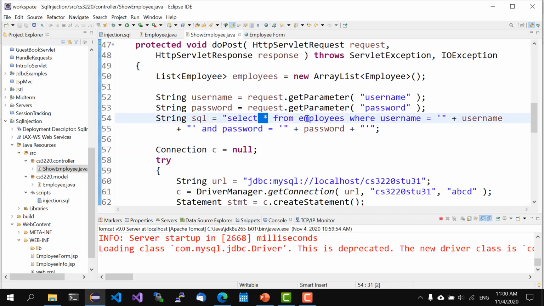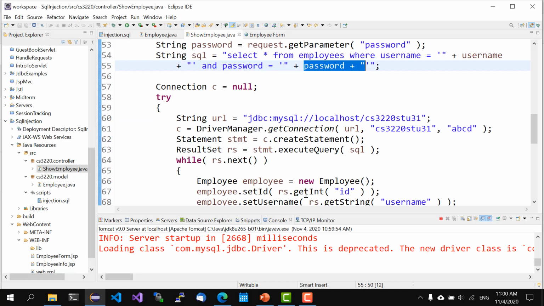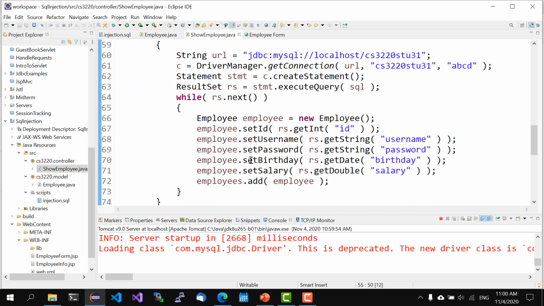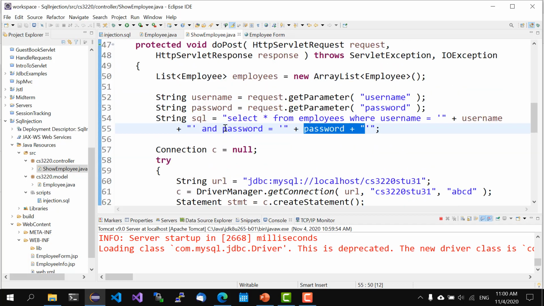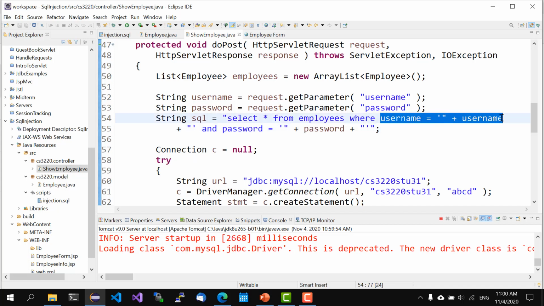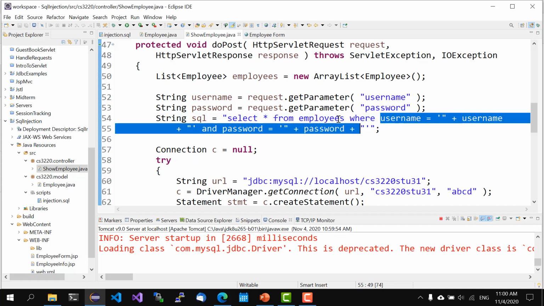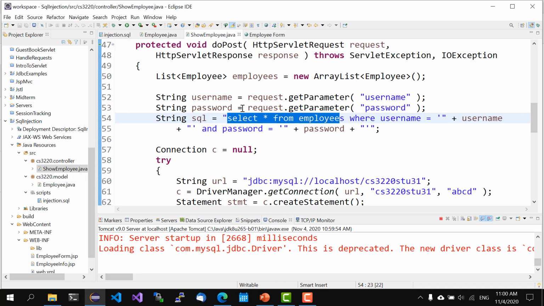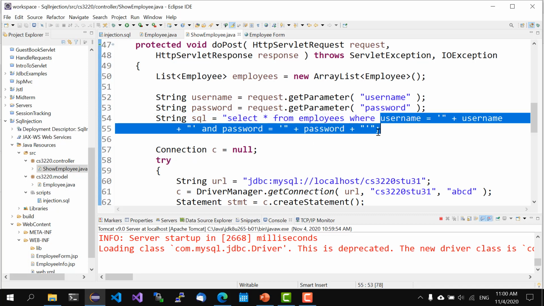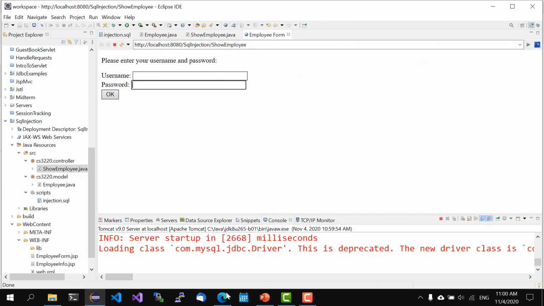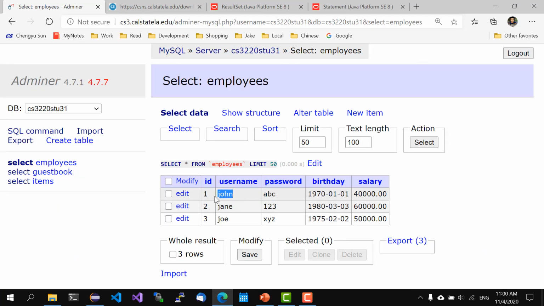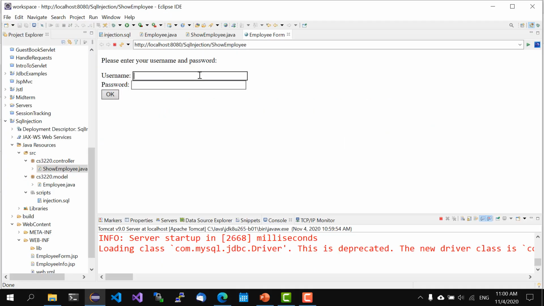We'll say select star from employees, where username is whatever username they provide, password is whatever password they provide. And then we'll display the results. The intention is, of course, that only if the user provides the correct username and password will this query return any result, because otherwise the where clause will be false. So for example, if I say John and ABC,